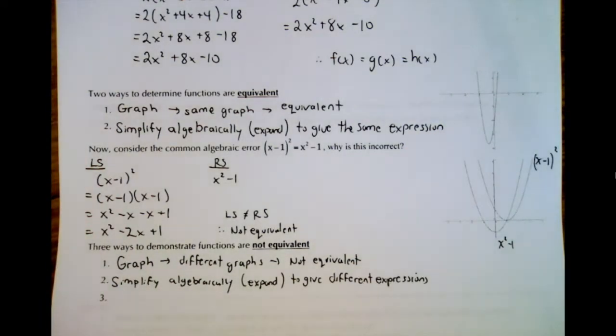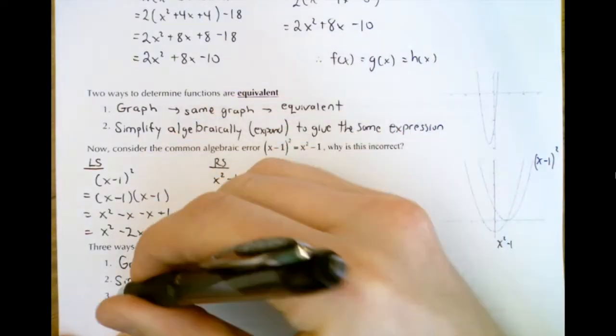Now why are there three ways? Well, because it's actually really easy to prove something's not equivalent. It's way harder to prove that things are equivalent, because to prove they're not the same, all you have to do is demonstrate it for one value of x. And once you've proved it for one value of x, you can say that it's not the same. Because as soon as it's not equivalent once, it's not equivalent. It's harder to prove that they are equivalent because you have to prove for every value of x that they're the same. So the third way is to